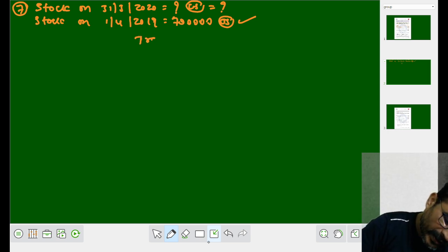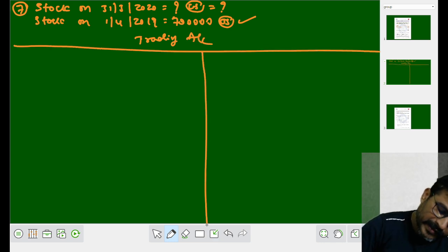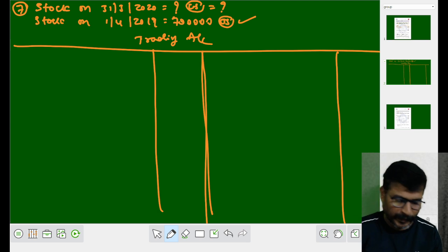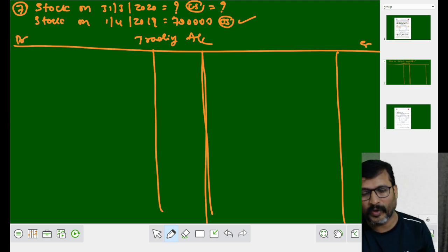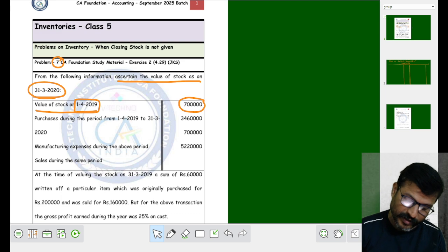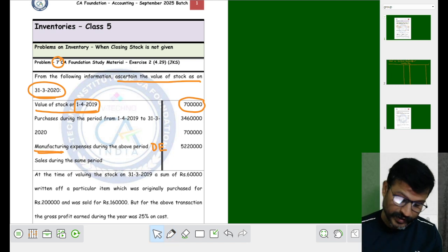Now my dear student, get ready with trading account. We can solve the problems under two methods I told you. One is by preparing the trading account method. Another is with the help of statement. Now, stock on 2019 is given, purchases is there, manufacturing expenses is nothing but the direct expenses, right? Sales is also given. Now see here, at the